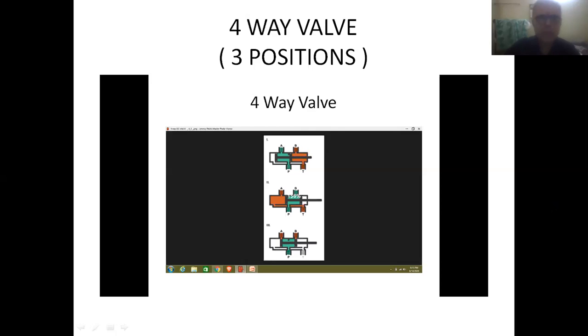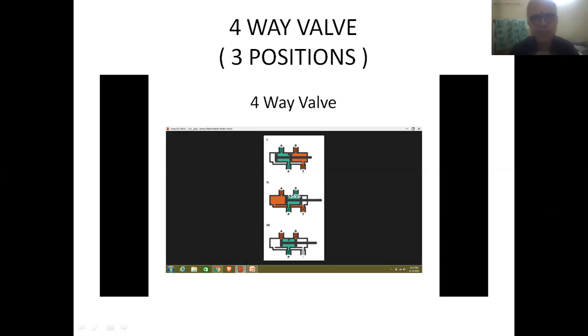So friends, we can see different colors are used for indicating the fluid that is entering and leaving the cylinder. So friends, the entering fluid is shown in blue color, and the exhaust fluid is shown in red color, as far as these diagrams are concerned.